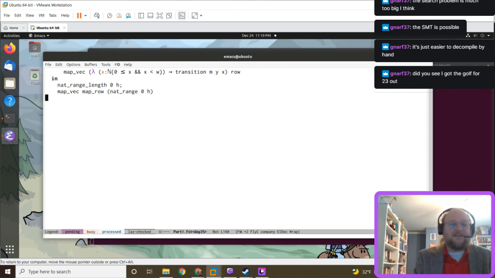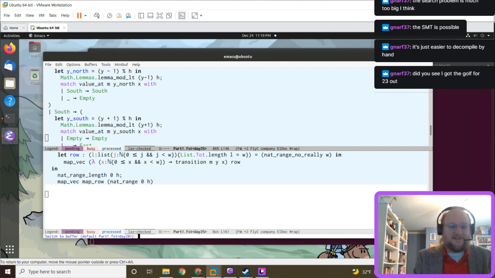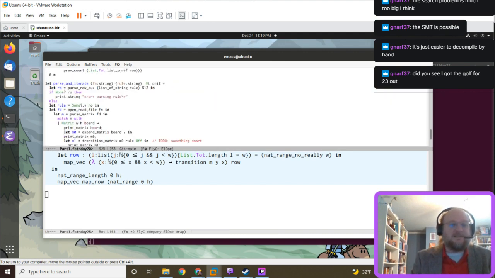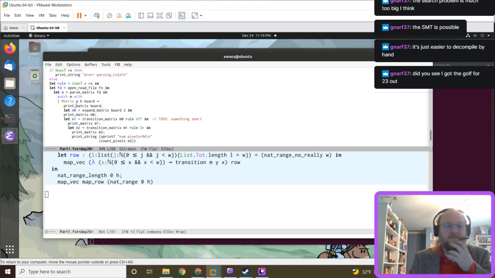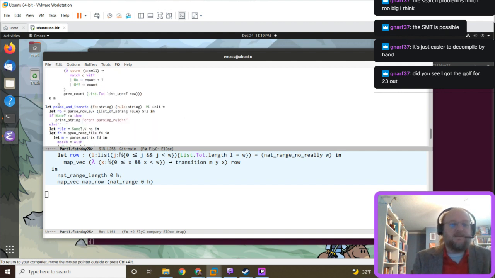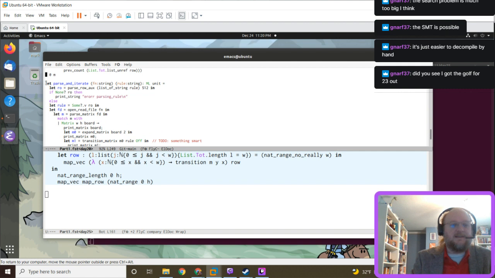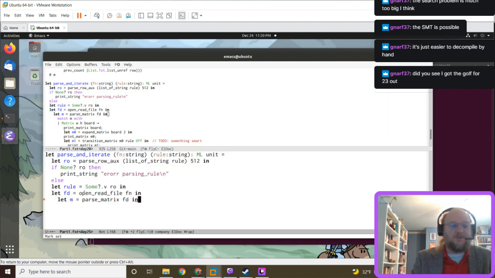So let's try this out. What else do we need? So we got our parser. We need our main function. We're going to need more than that.